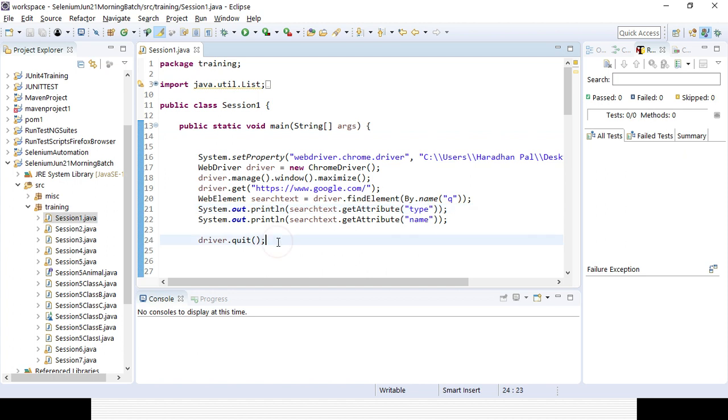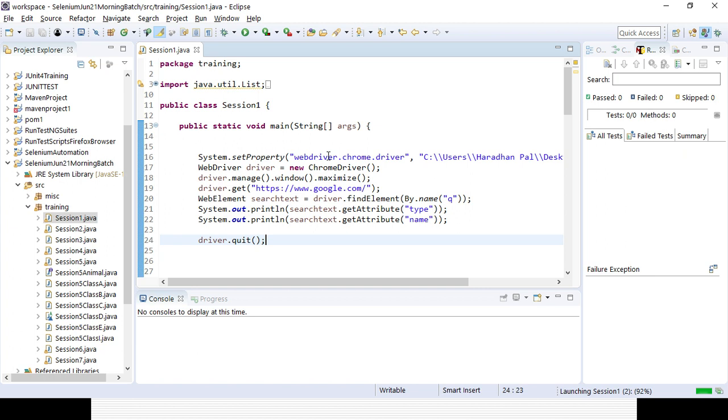That was the lines of code we learned in my first session: how to launch the Chrome driver, how to open a web page, how to interact with the different web elements, and how to quit the driver. So if we run the code from the first session here, definitely we will be able to run our code successfully, and it will proceed as per the code written, as per the objective of the code, and we will be getting the result.